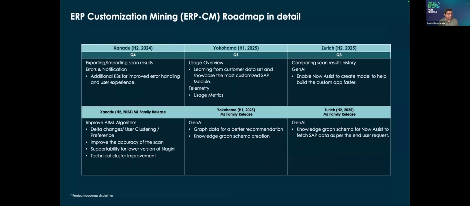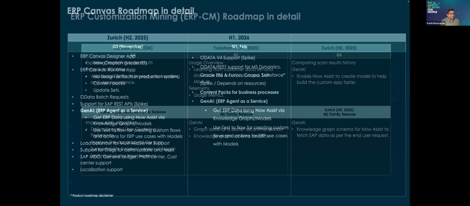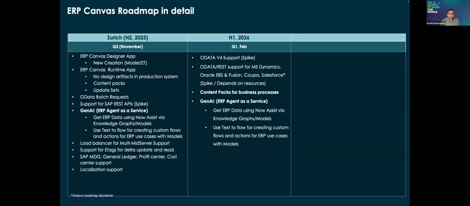And in terms of customization mining, more telemetry. The algorithm is much faster. The AI/ML machine learning algorithm behind the customization mining product, we are strengthening that. We will have more knowledge graph schemas and better recommendations after scanning SAP ECC or S4HANA. Inventory of customizations mapped against an SAP module. So all of that is more strengthened as part of the Yokohama release and will be strengthened as well in the May release. Now moving further, what's coming in the next half of 2025 and 2026 for Canvas,